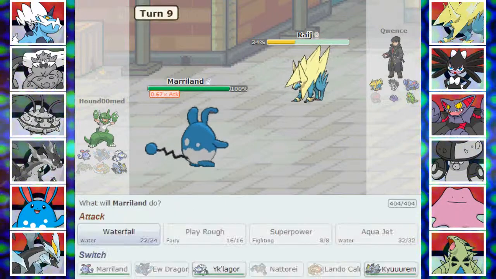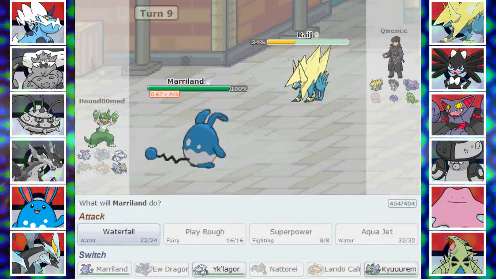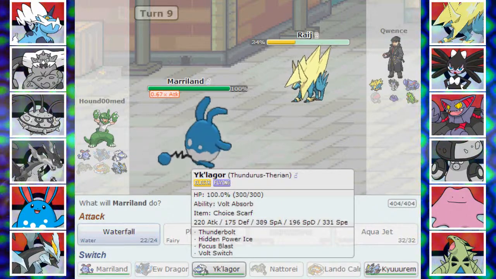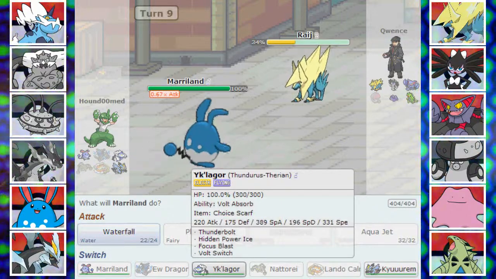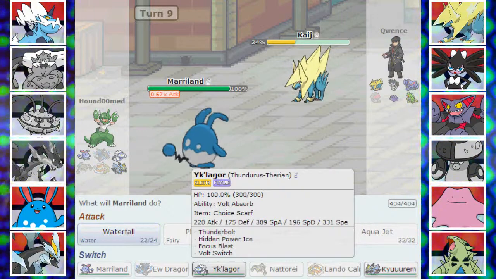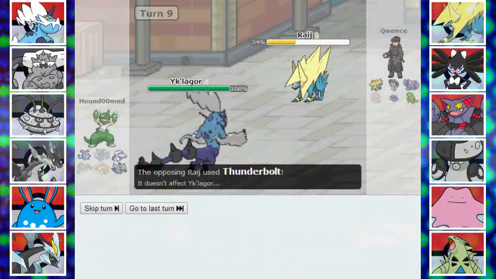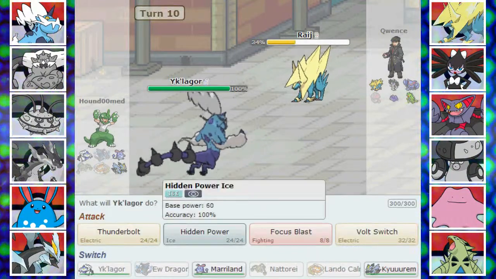Wow, there's a lot. Thunderbolt is coming. But the Hidden Power Ice might come as well. Yeah. Hidden Power Ice is probably coming. Or he didn't predict that. Okay, let's just go for...